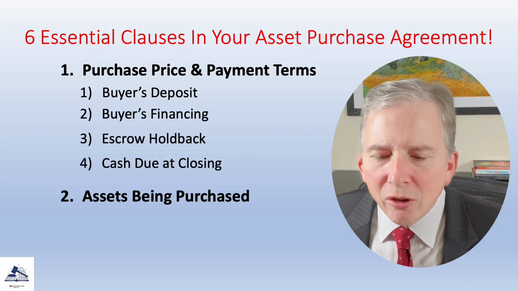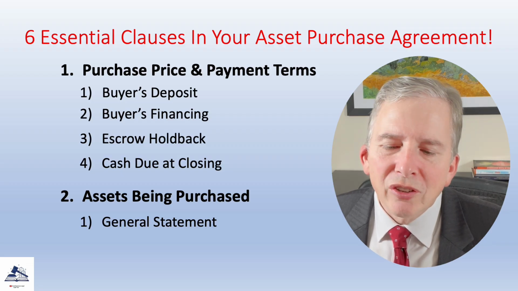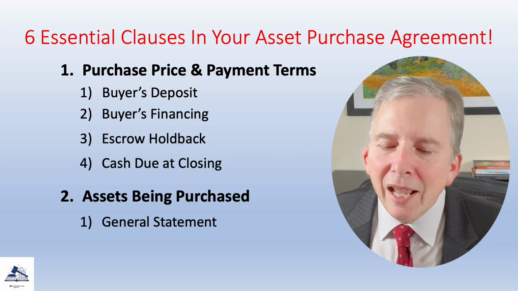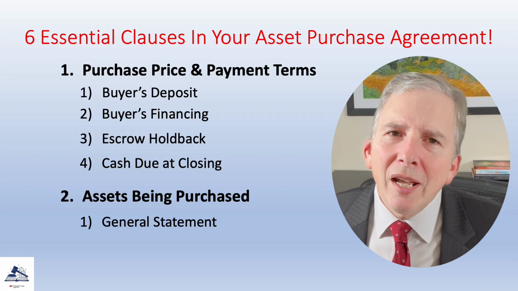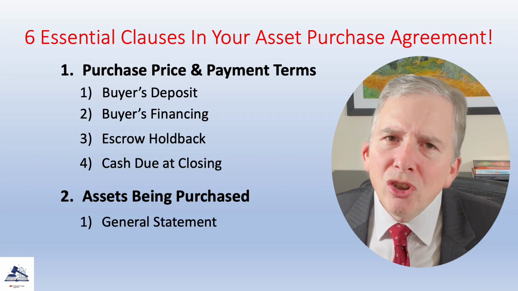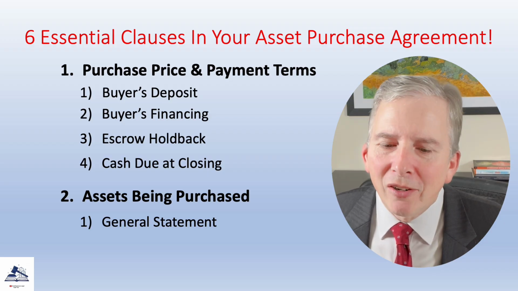Your assets clause in the APA should state 2 things. First, it should state generally that the buyer is buying and seller is selling all of the seller's rights, title, and interests in any and all assets that were used by the seller in connection with the operation of the business. This makes it clear that the buyer is buying all of the essential assets associated with the operation of the business, even if the APA does not specifically identify them.